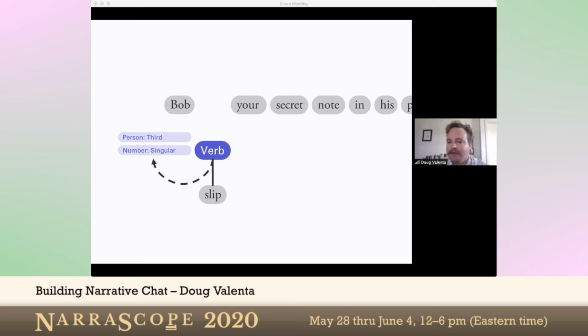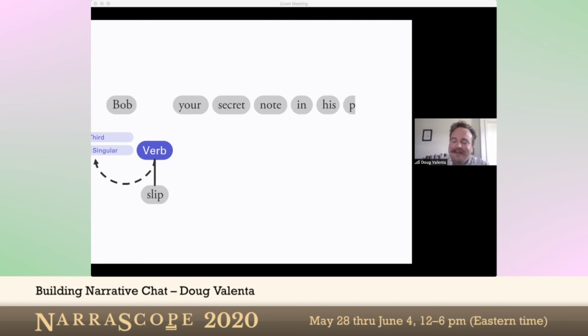I'll also point out here that, for example, when we're working with personas or topics that are singular but use a they pronoun, then in that case, their pronoun has a different number than their name. And so it's very important to know when we're conjugating the verb whether the subject of the verb is their name or their pronoun, because it can make a big difference in which verb we use. So how do we use this information to actually pick a textin for the verb? I can tell you right now that we have the wrong textin here, which is the textin that came from original parsing. Bob, slip your secret note.